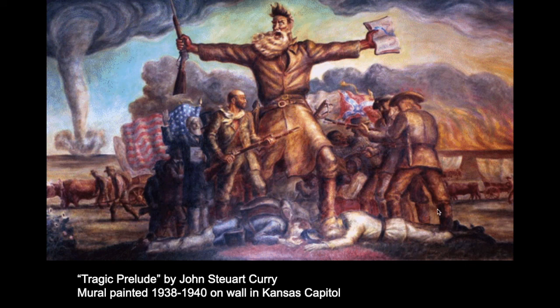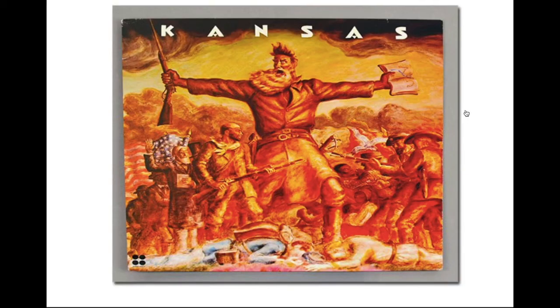So this is a famous image of John Brown. You can see his big beard flowing there. He was known for his really heavy, thick white beard. And this actually appears in popular culture quite a bit. This is actually the cover of the first album by a band named Kansas. So if you know anything about classic rock, Carry On My Wayward Son is probably their most famous song. This was what they chose to use as their album cover in 1974 when they had their first LP that